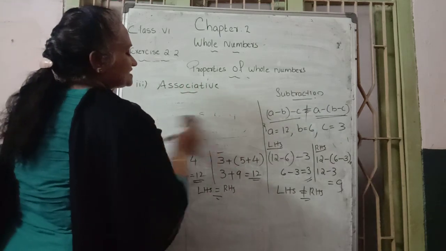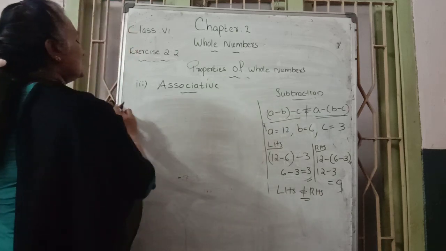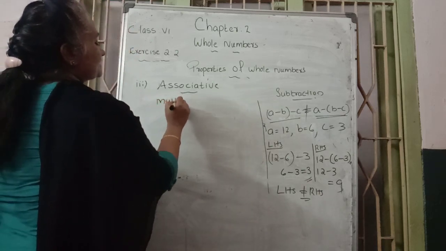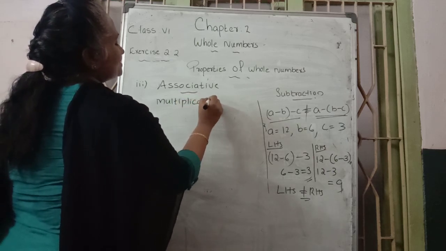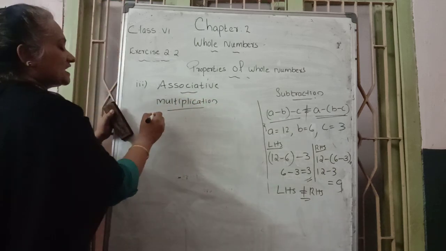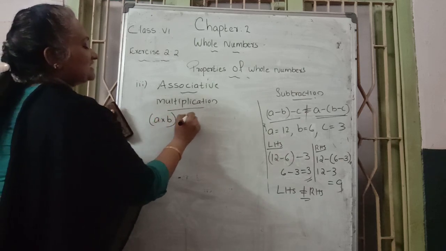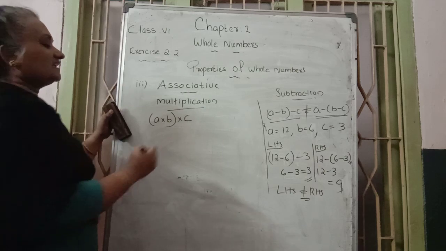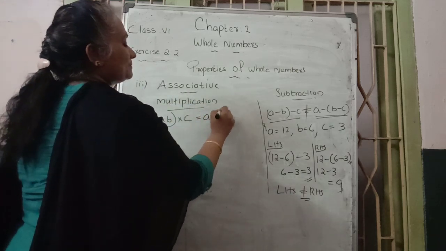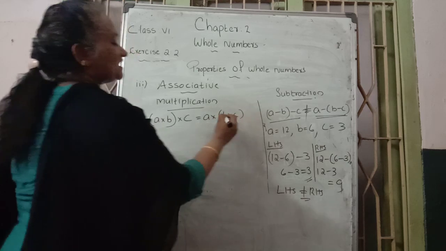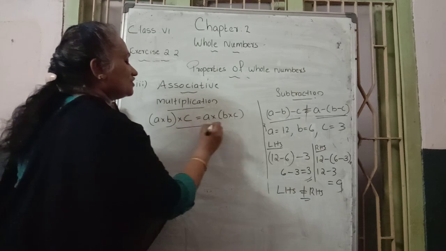The next operation is the multiplication case. We want to check the next case. So how can we make the general form, A into B? First A and B are multiplied, and that answer is multiplied with the third number. Then next, keep the A value out; B and C values are first multiplied, and that answer is multiplied with A. This is the general form for multiplication.